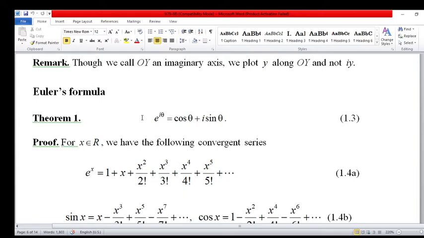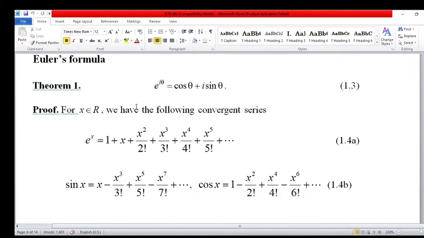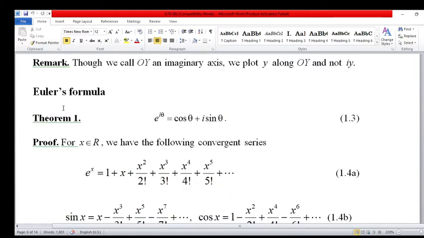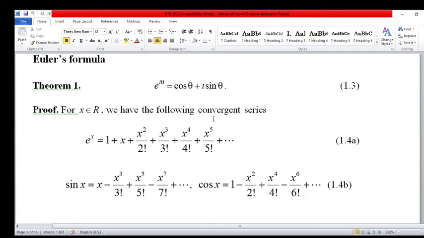And last lecture we have seen Euler formula theorem: e raised to the power i theta is equal to cos theta plus i sin theta. Proof. This is the Euler formula. This is already seen in last lecture. So again this is